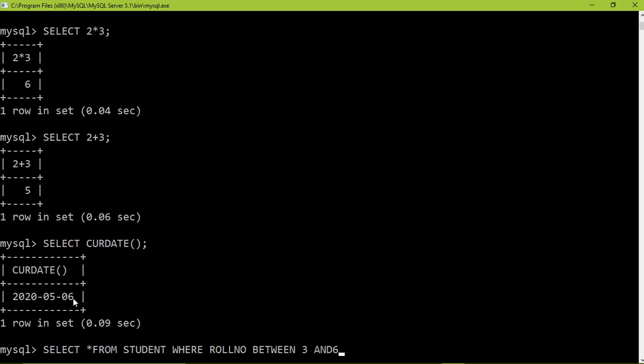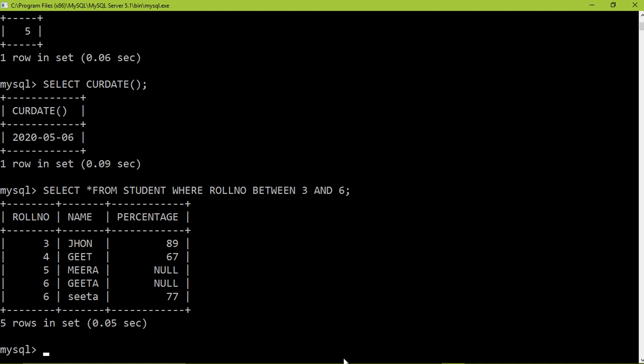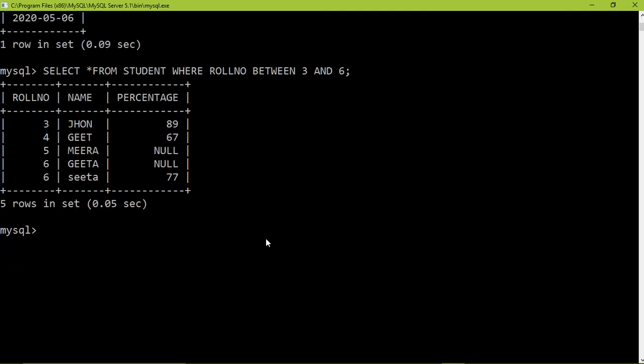Okay, and is to be written, the space is compulsory. Fine, between 3 and 6 the space is compulsory. So it is showing you all the values ranging in between this range. Mind it, 3 will also be included and 6 will also be included.